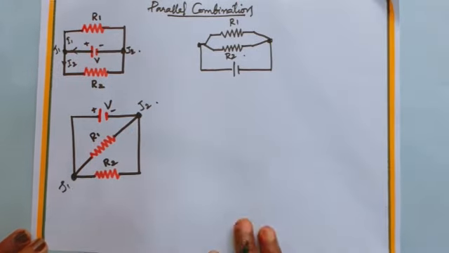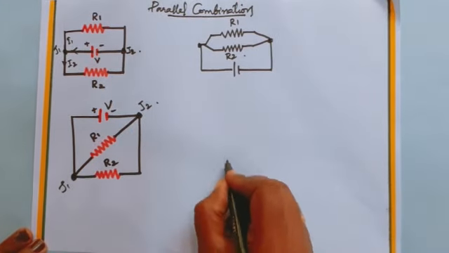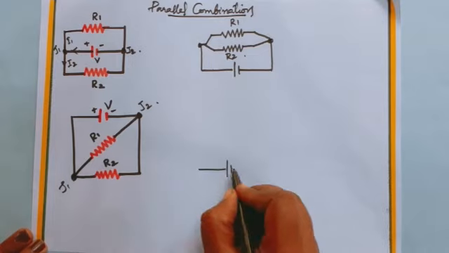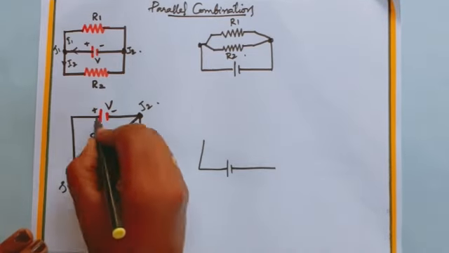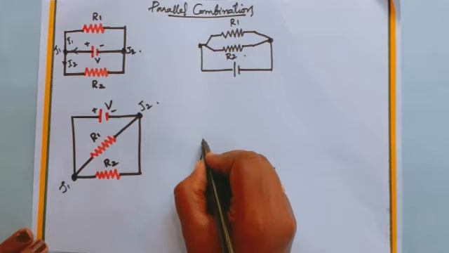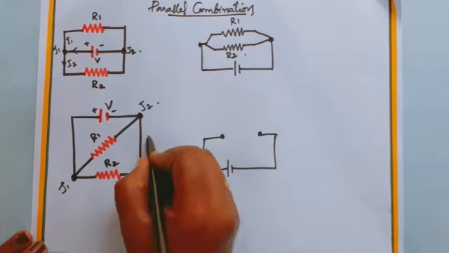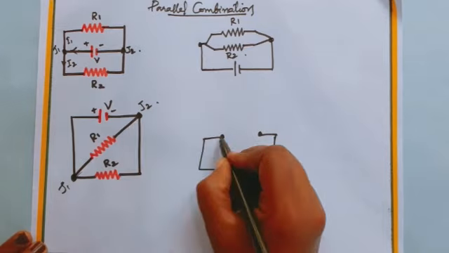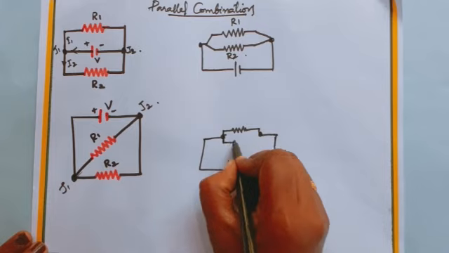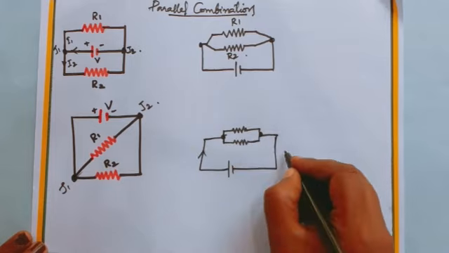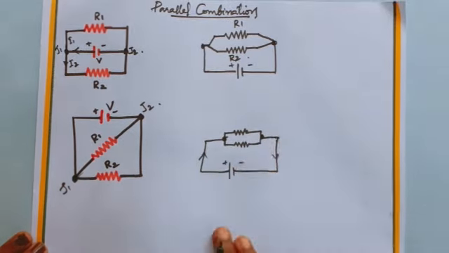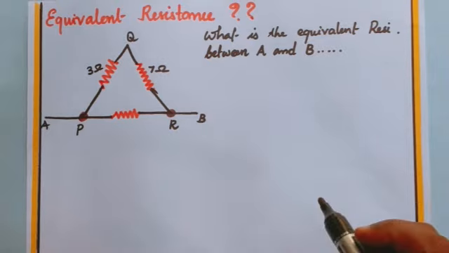Next is, here also two junctions. When the current flows from positive to negative, at that time the current is split. Here also we can draw the voltage supply first, then junctions. After that, from those junctions, two resistors are connected. That also you have to draw. So now also we got the parallel combination. It is easy now.